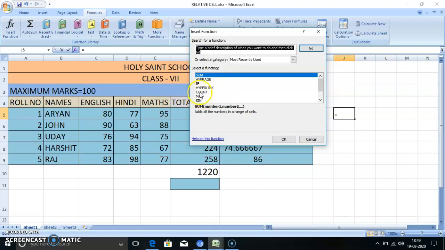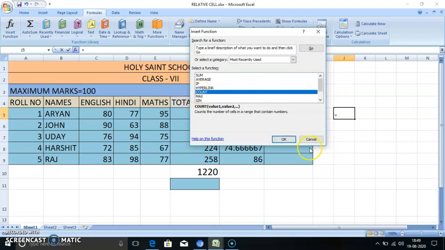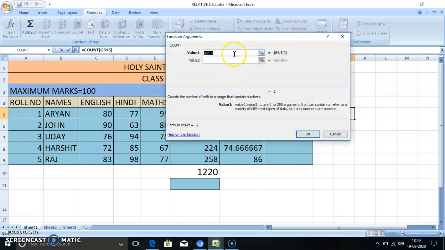Suppose I will take count. Okay. Now I'll write here A1. I want to count from the starting A1 to the end. Suppose we will take anything, just like G8. I will take G8. Okay.